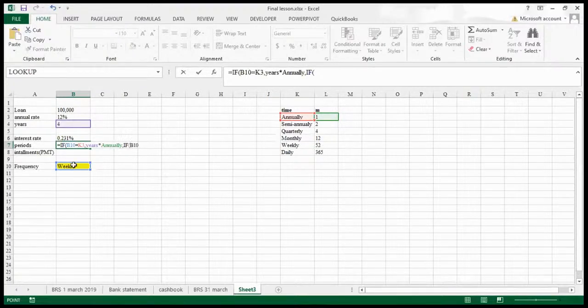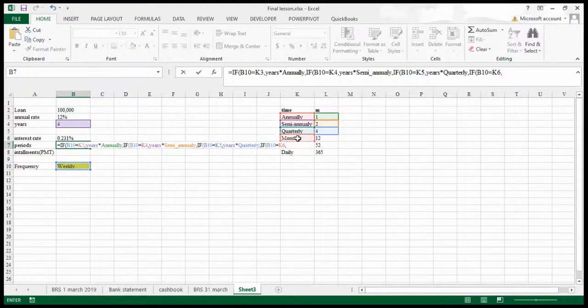Then we are saying if the frequency is equal to semi-annually, comma, we will take number of years multiply by 2, comma, if frequency is equal to quarterly, comma, we will take number of years multiply by 4, comma, if frequency is equal to monthly, comma, we'll take years multiply by 12, comma, if